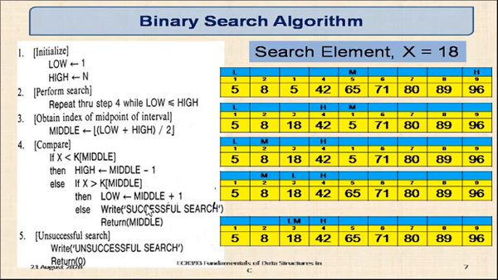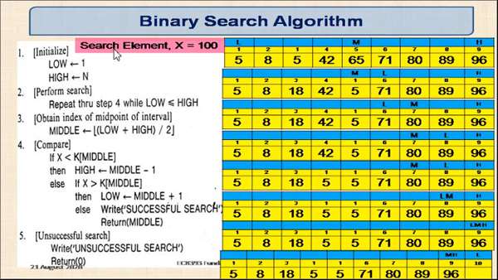Following. Right. Now let us take one more example in which the search item is not available in the list. So let us take x is equal to 100 and same algorithm, you just go through. I have the same 9 elements which are sorted in ascending order as in the previous case. Same set of elements. The search element is 100 instead of 18. Low is initialized with 1 and high is initialized with 9. Repeat through step 4, same thing.